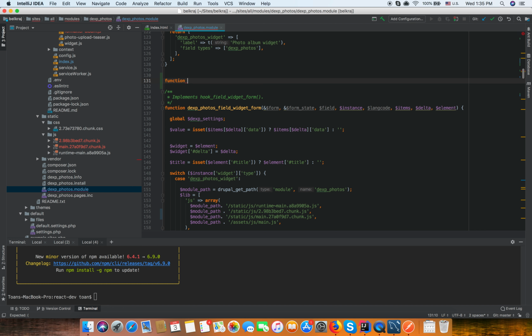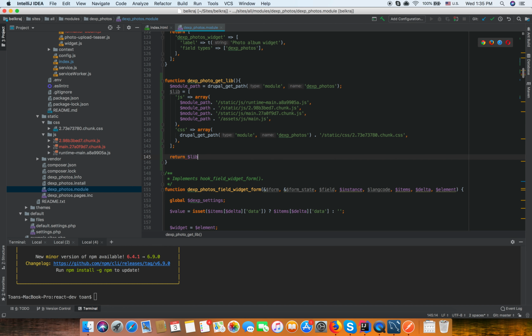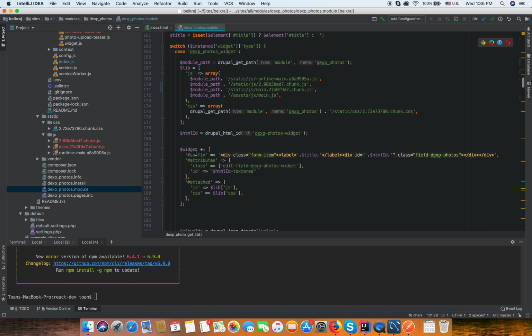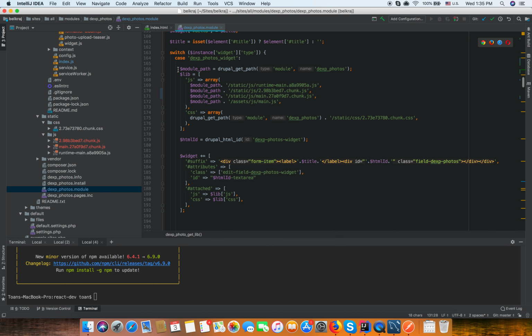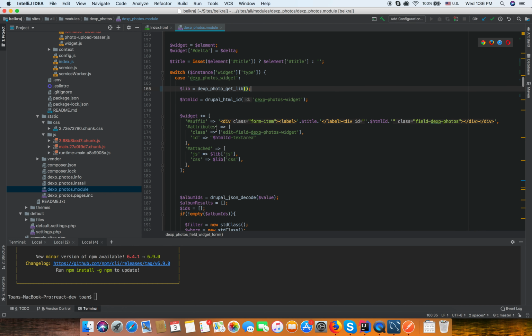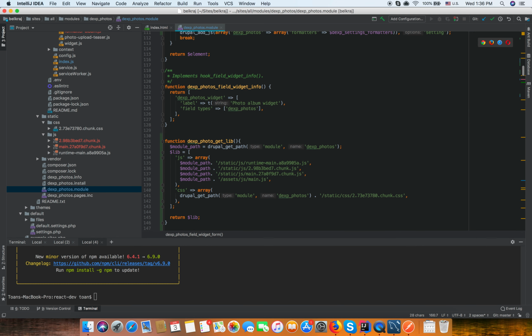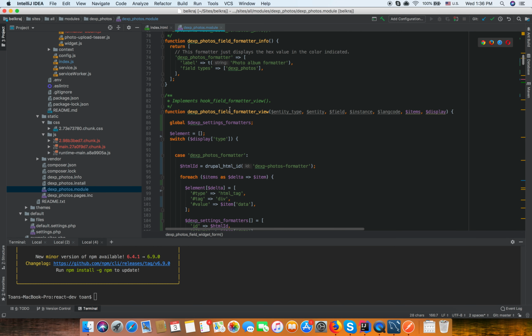And in the PHP file, get library should return the library. So instead we have this. So now I'm going to remove this library equals get library, and now it should work the same. Okay, so let's copy that into our formatter,